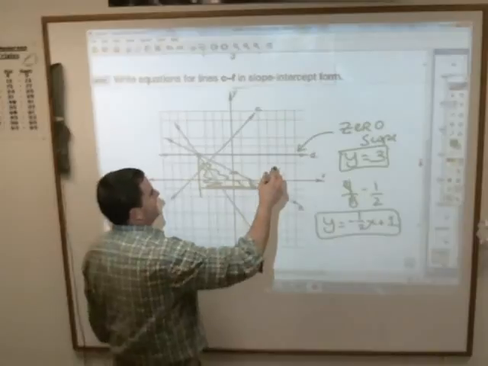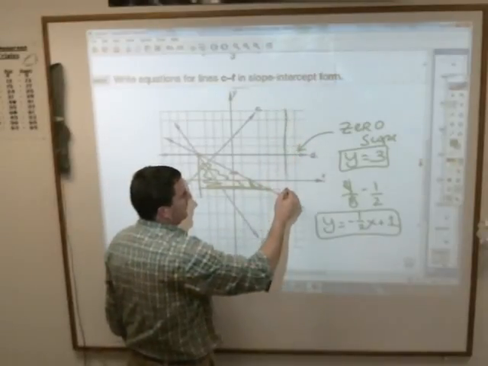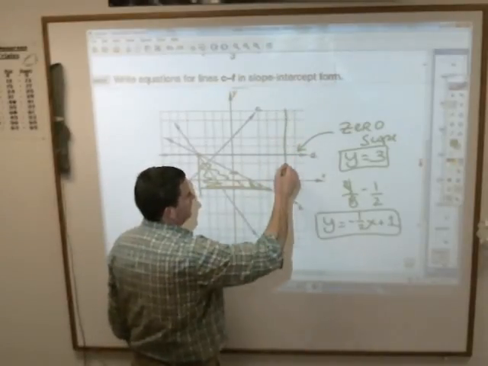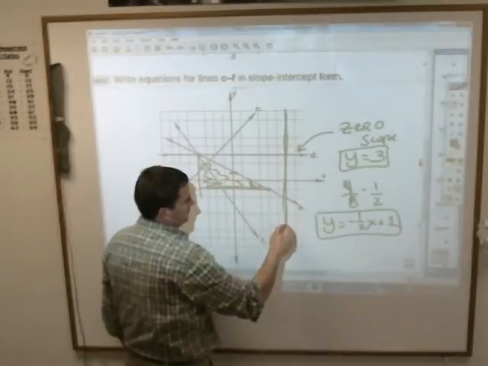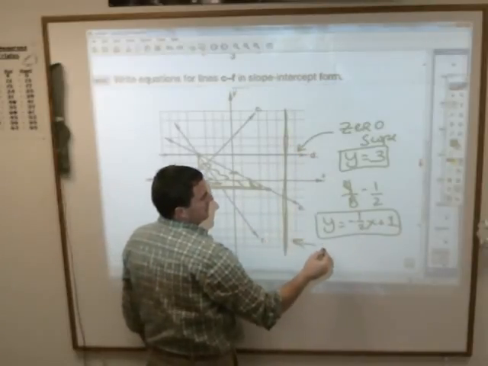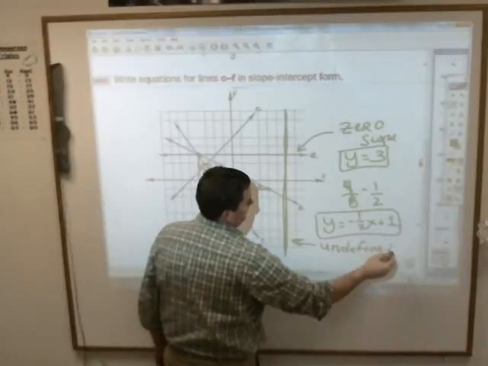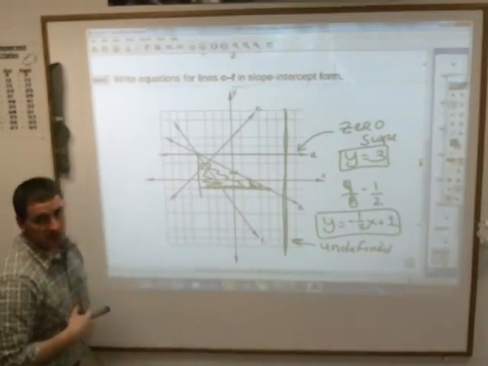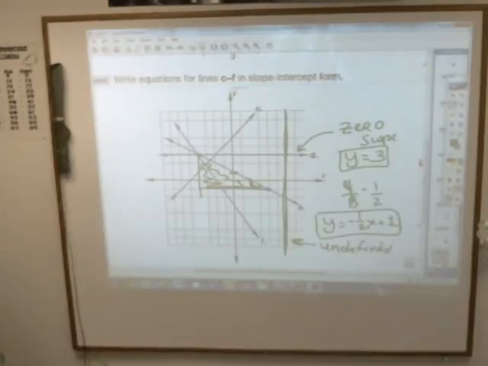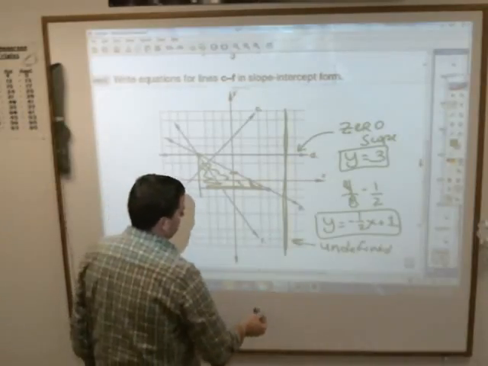And a vertical line, what do we say that was? The slope of that is undefined. You might want to write that down. And for reasons that I can't talk about right now, because I don't have the